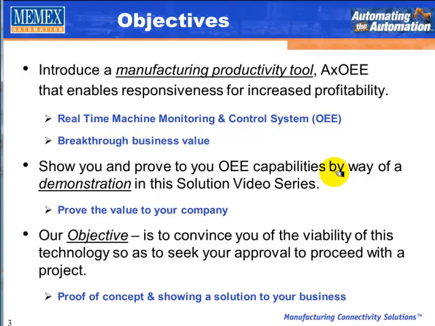Often a 10% increase in operational efficiency can translate into a 60% increase in profitability. This is real-time machine monitoring and control systems of breakthrough business value. And we're going to show in our demonstrations in this video series how we do this. Our objective is to convince you of the viability of this technology so as to seek your approval to proceed